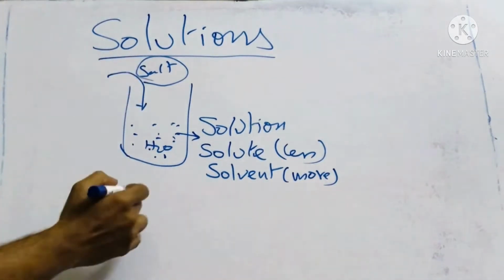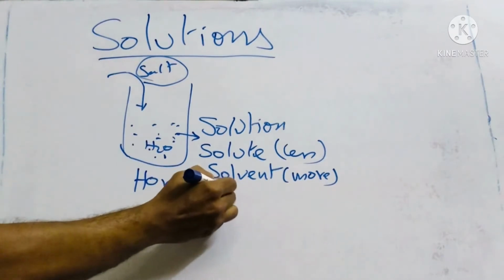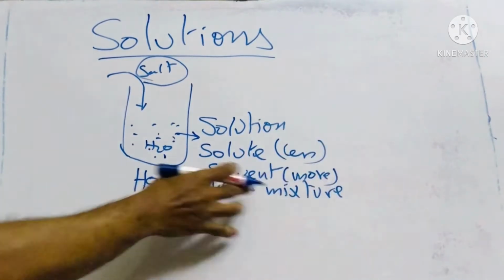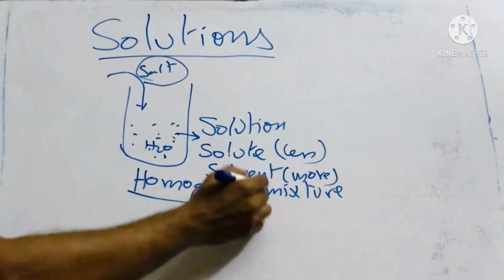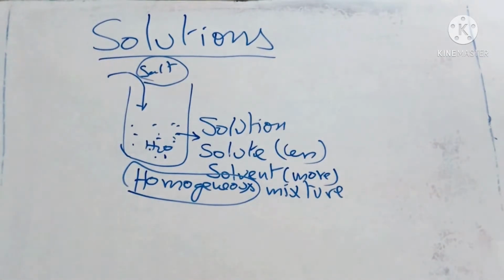So this is the salt solution, and this is called a homogeneous mixture. A homogeneous mixture of two or more components is called a solution, like salt in water, glucose in water, sugar in water. But if I put sand in water, sand will not fully distribute. It will not fully mix. You will not get a homogeneous mixture. If you leave it for some time, it settles down. That is a heterogeneous mixture, so we can't call it a solution.